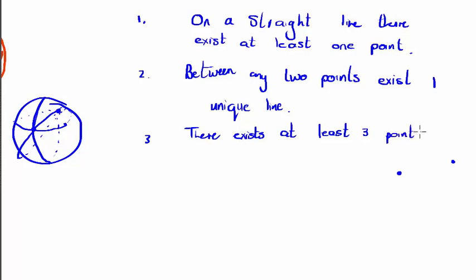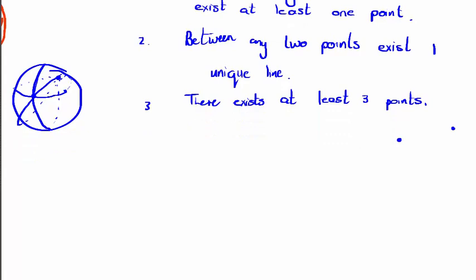So these are the 3 things we assume, and then we prove about 20 theorems, and then we can't prove anymore. Then we assume Euclid's postulate, and then we can go on and prove triangles. Now, I'm not going to go into all of that. That's literally 3rd year geometry. It's not complex. It's actually very simple. And it really helps you understand what we are actually doing later on.